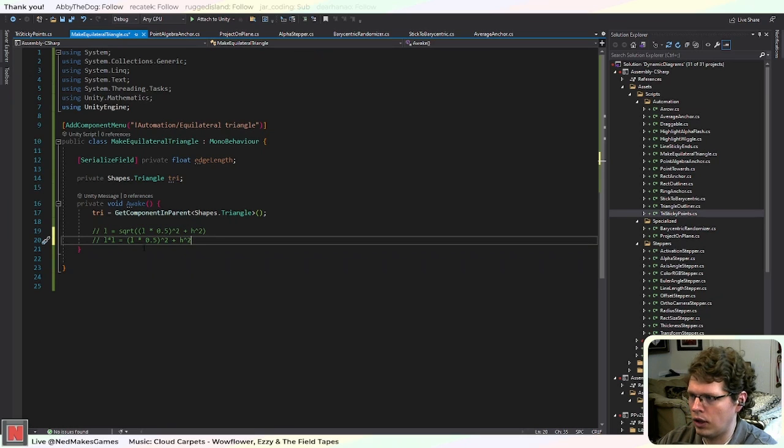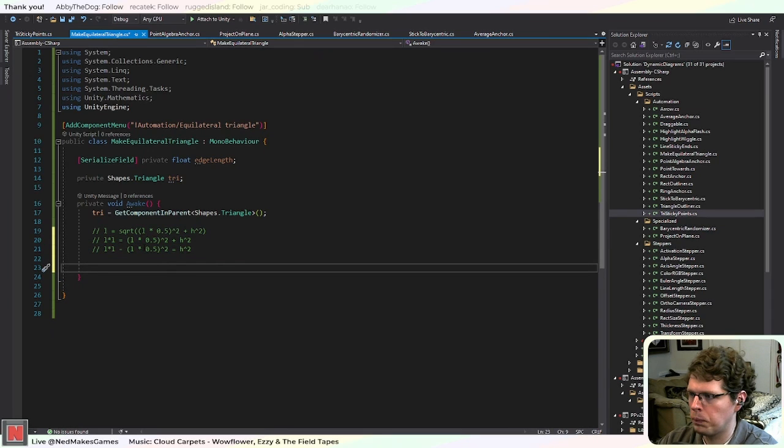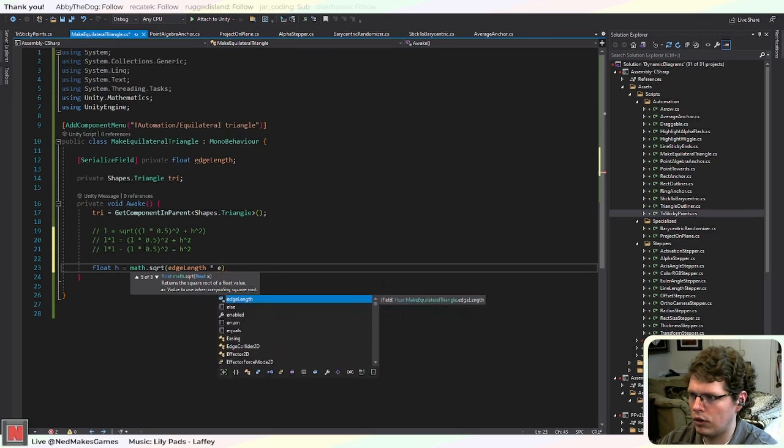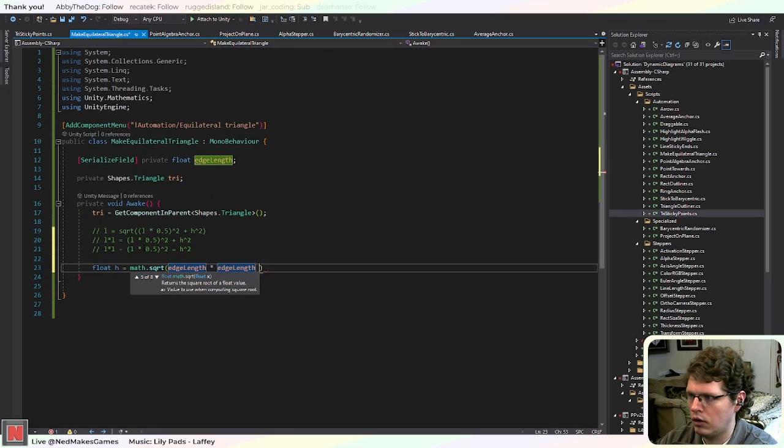Okay, so the good thing is I know what L is, so that's not that big of a deal. So this would be L times L minus L times 1.5 squared equals H squared. So then we can just do a square root. Okay, so float H equals math sqrt edge length times edge length minus